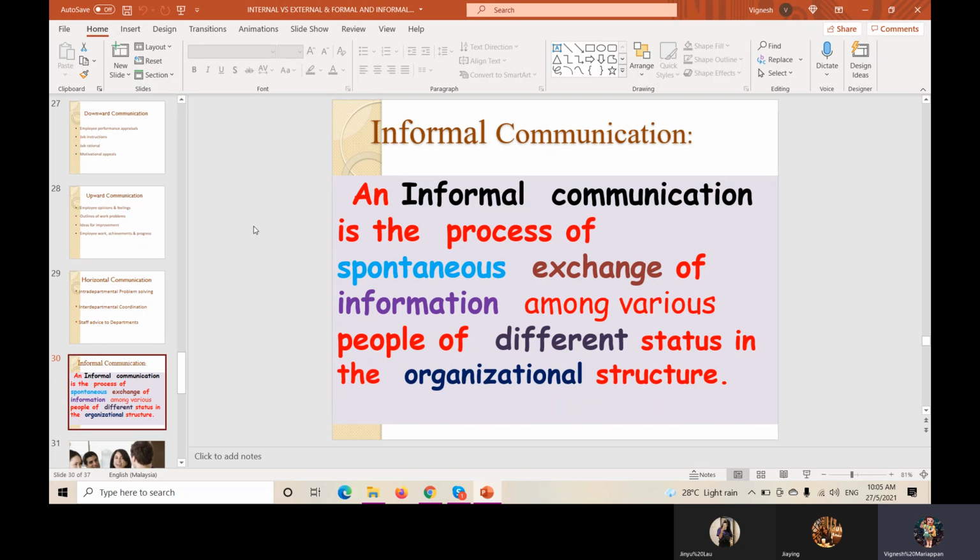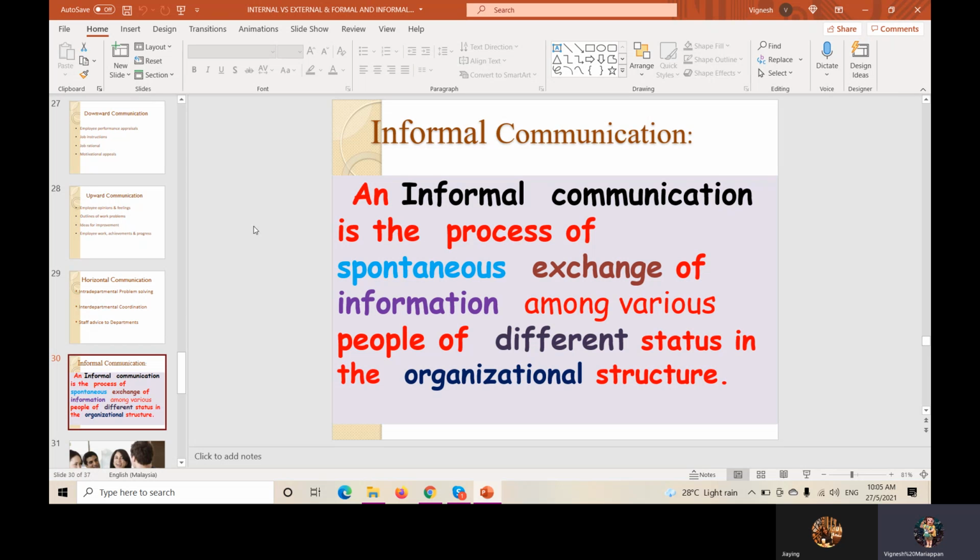You can spontaneously exchange your information between the people of your organization. That's why teacher said informal communication is the process of spontaneous exchange of information among various people of different status